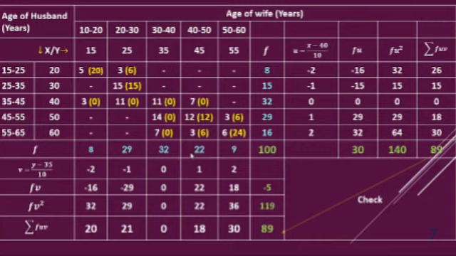Now you add the quantities which are there in the brackets in yellow color. So that gives summation FUV. 20 plus 0. Next 6 plus 15 plus 0, 0 and so on. Remember that the total also should be equal to 89. That is how you can check. Yes, that total also should be equal to 89.